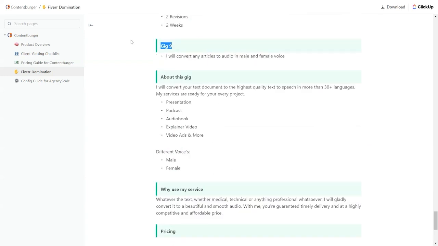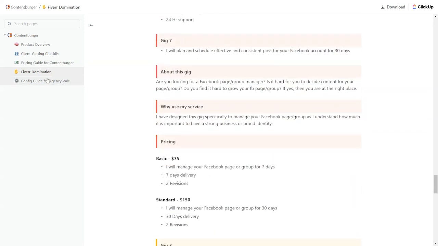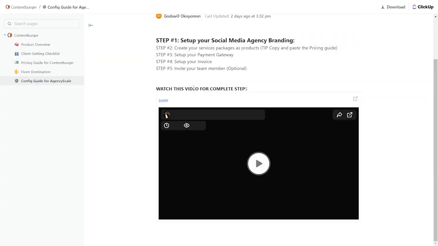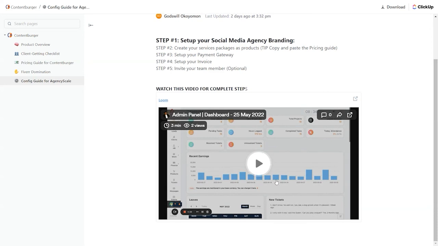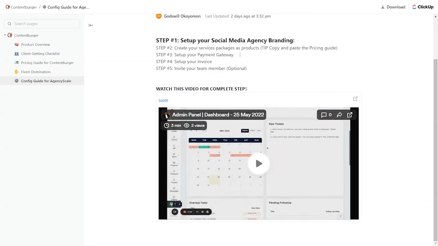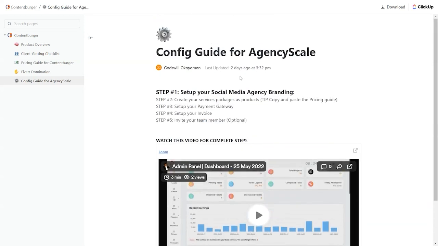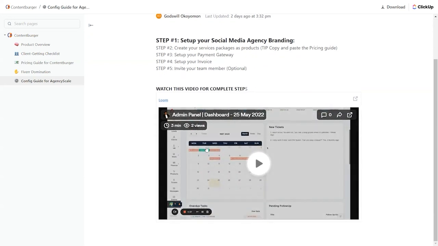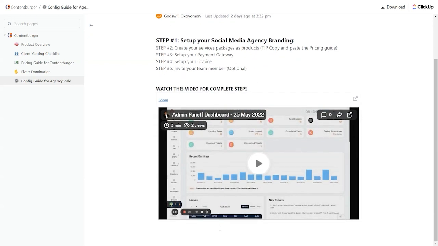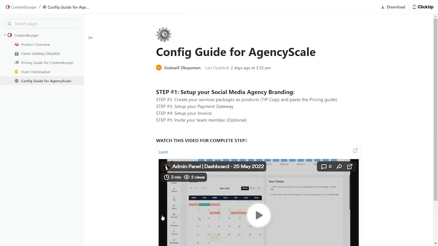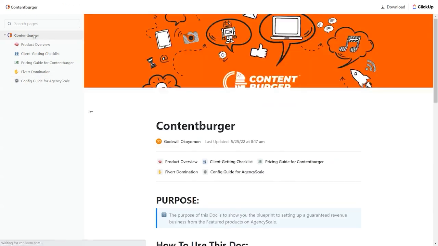Now remember, this is just one product. There are more than 30 products that are included that have this kind of detail for you to use. And then there's a config guide for AgencyScale itself. Here's how you go into AgencyScale and set it up so that you are set to use Content Burger inside your AgencyScale. So we give you all the stuff outside of AgencyScale. We give you all the stuff inside AgencyScale. This is just for one of the more than 30 products you'll get in the blueprints with the front end